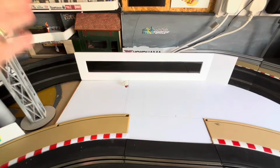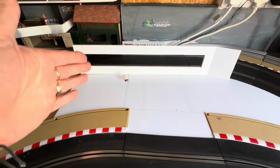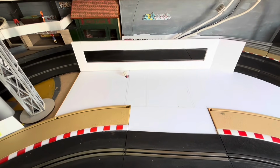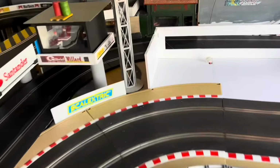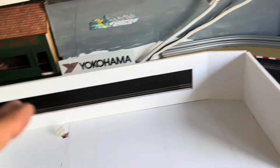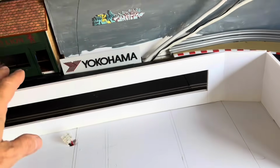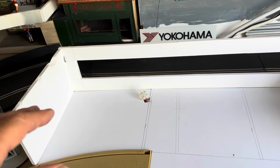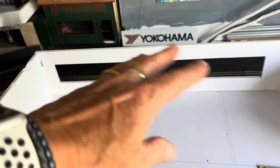So I'm going to get the sides cut and maybe stuck down. I might even do that. Let's see. Right, it's taking shape. So we've got the sides on and the back. So these are all stuck in place now, which is great. I'm going to give all this a coat of paint